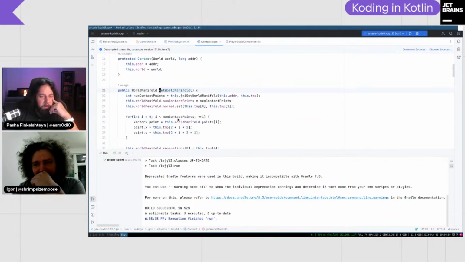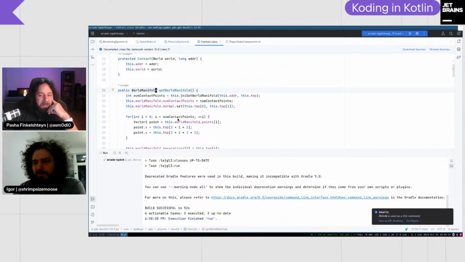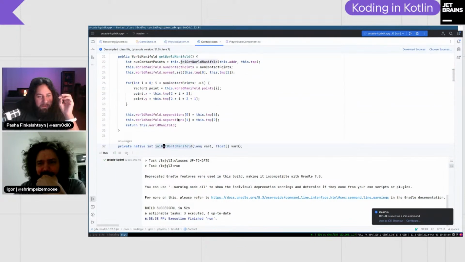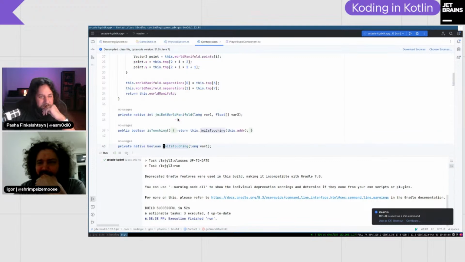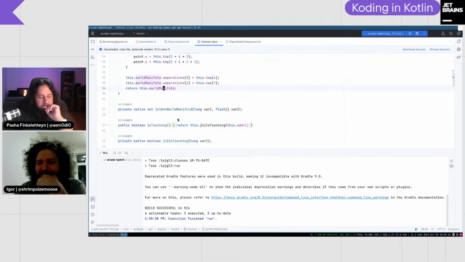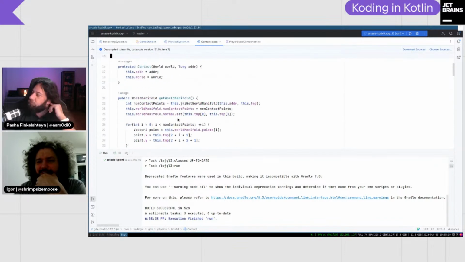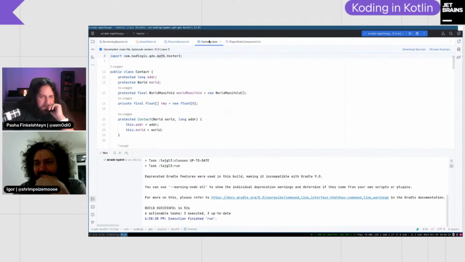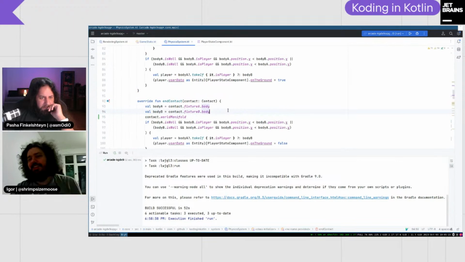For me, it's Control Q to read the quick documentation. Oh, there is no quick documentation. And they just call a native method. This is just amazing. Okay. Let's get back to our contact.